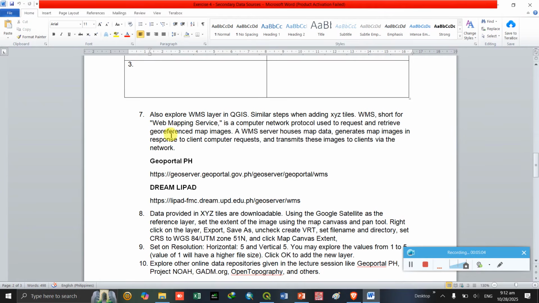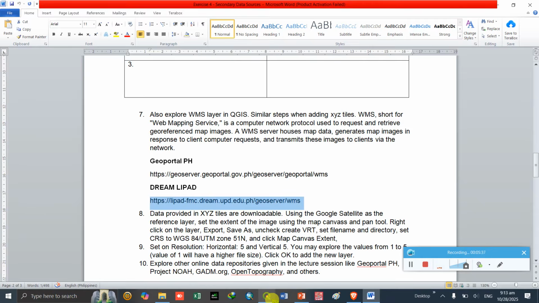Next we will proceed with WMS. We will access the WMS layer. A WMS layer is a web mapping service which contains data that can be accessed through a network. Same process with WMS, but this is more on the local context. We can access the UPortal PH and the Dreamlipad.